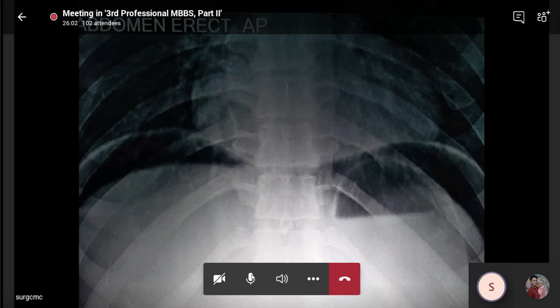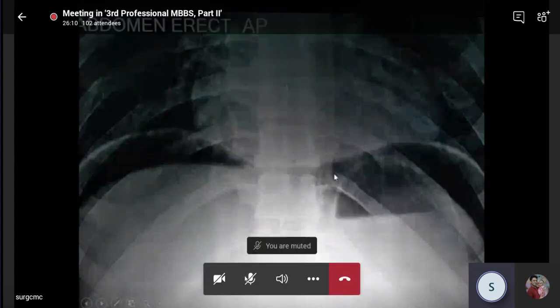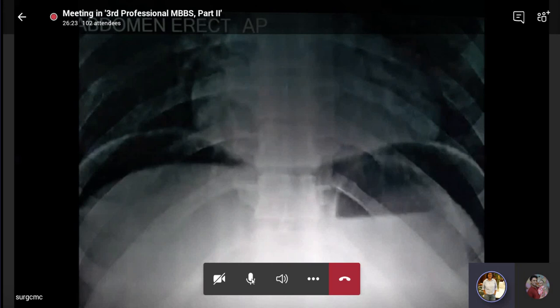Food in stomach. Yes, of course, this is the stomach. See, this is the margin of the stomach. The stomach is going like this. There is free gas under the left hemidiaphragm as well. But why is the straight line there like that? So, the air fluid level in the stomach. Is that the level of food or what? No, not exactly that. Theoretically possible, but what this really is, this is the stomach.